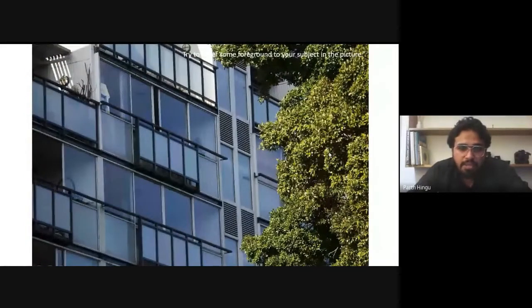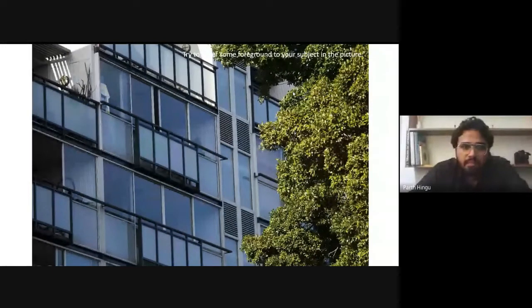Then after, if you are capturing an architectural photograph, just add some foreground, like there's a tree before this image. So you can get the actual scene where the building is located, or what type of area it is.